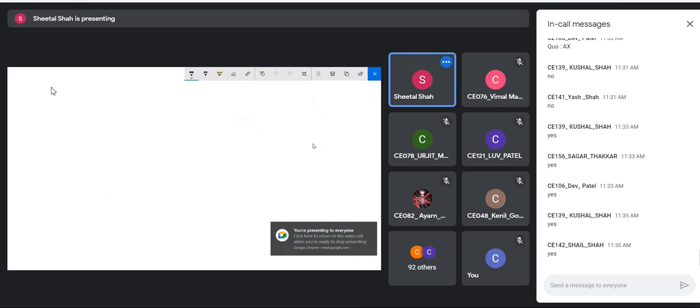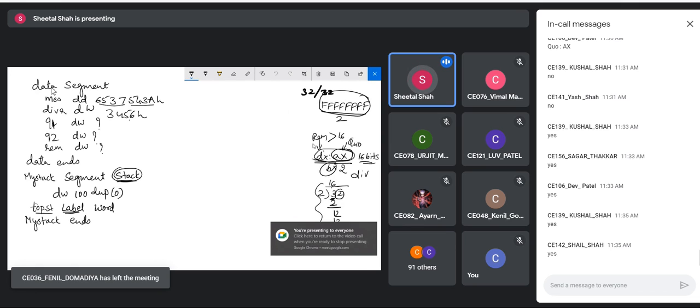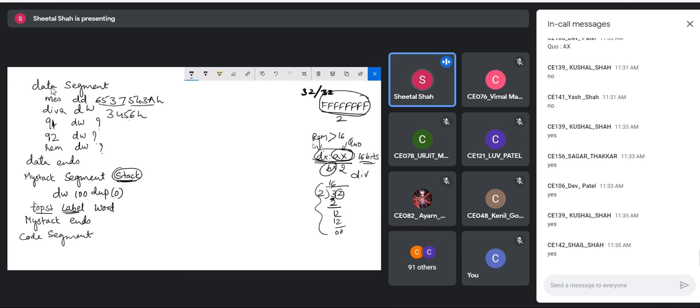Okay. Now, once we have done, we have to write the code segment. Then assume, apart from CS colon code, DS colon data. Now, I have to initialize the stack segment. So I have to write here SS colon, the name of the stack segment is MYSTACK. Like this, you have to write in the assume statement.